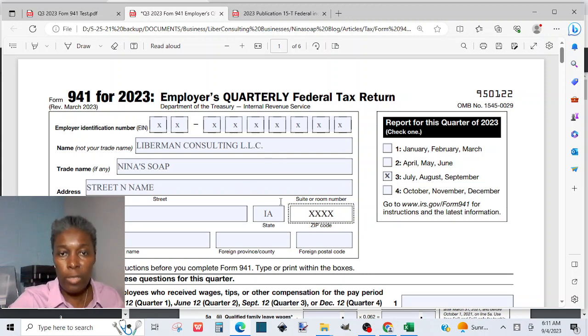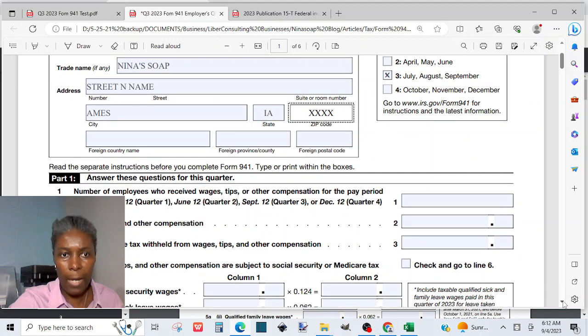You'll enter information regarding your business name, your business identification number, and your business address. And for this quarter of 2023 reporting, you will check quarter 3, which includes the months of July, August, and September. And now we will scroll down